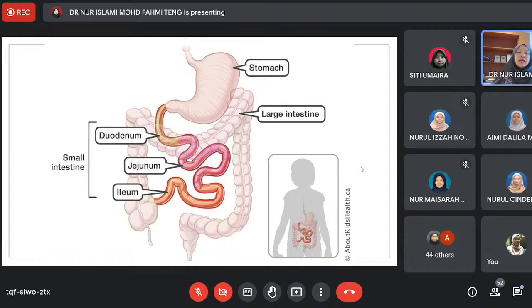Okay, so now you know about the anatomy. If you're lost somewhere here, just go and open back your anatomy and physiology book. Okay, now